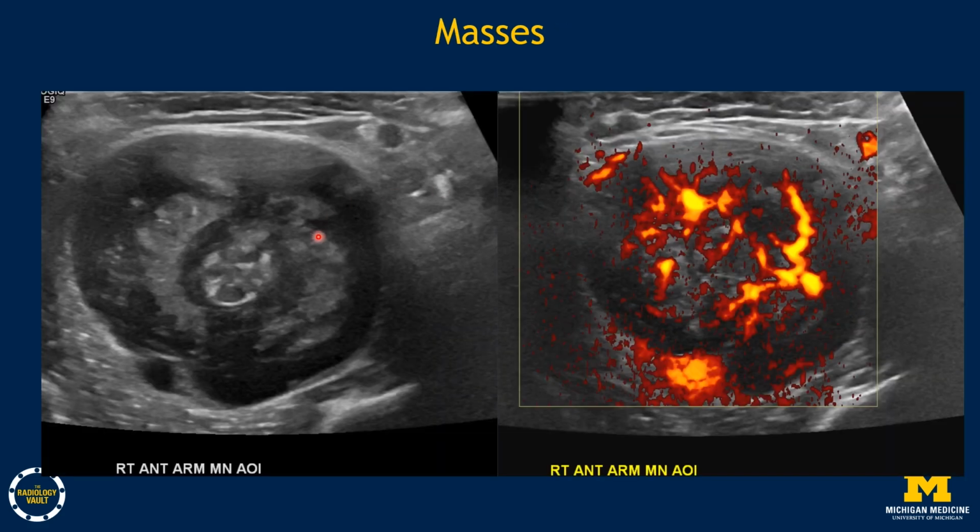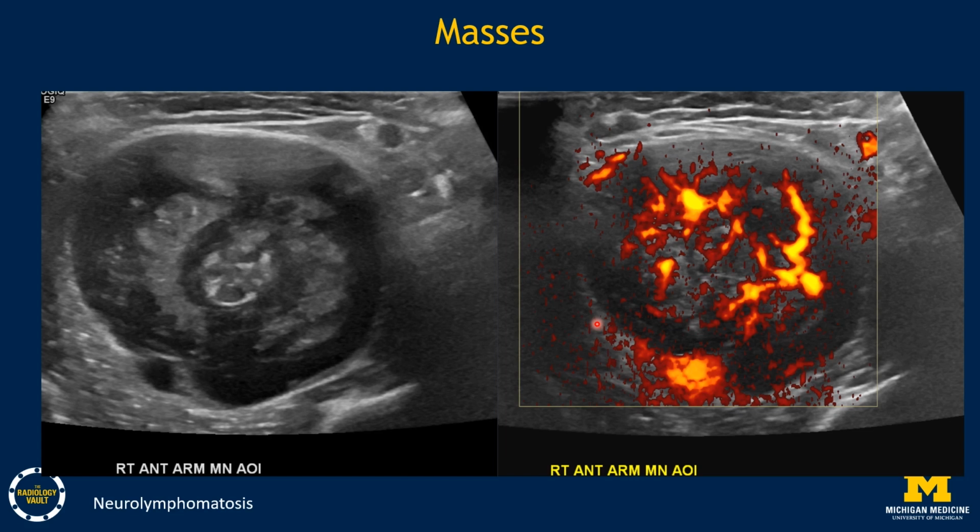We also assess the nerves for masses, and in this case we can see the median nerve in the arm. And while the honeycomb appearance of that median nerve is preserved, the fascicles are swollen and a little more echogenic, and there is an extraneural soft tissue mass with extensive hyperemia surrounding it. And this is an example of